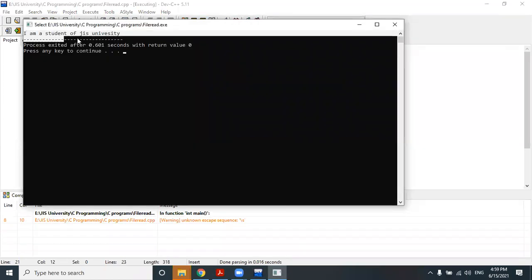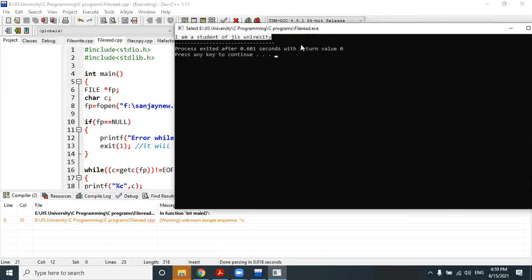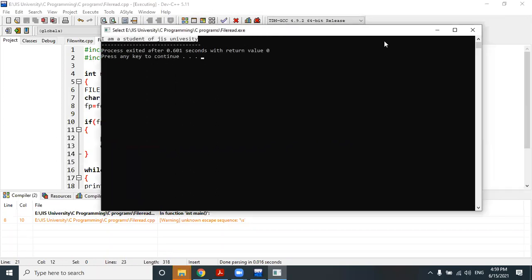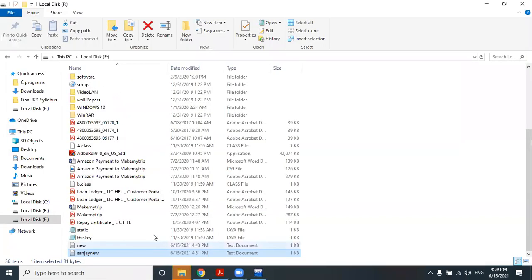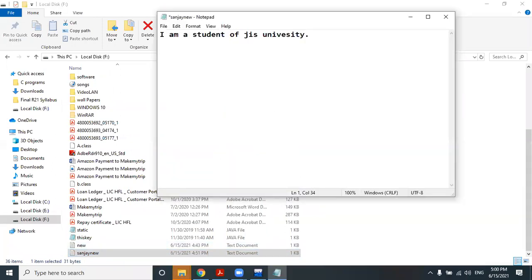Sanjay new.txt has that line, if you remember: I am a student of JIS University. So it will simply read it and display it. You can also change the content of Sanjay new.txt. Suppose I change the content like this: I am a JIS University, situated in Kolkata.